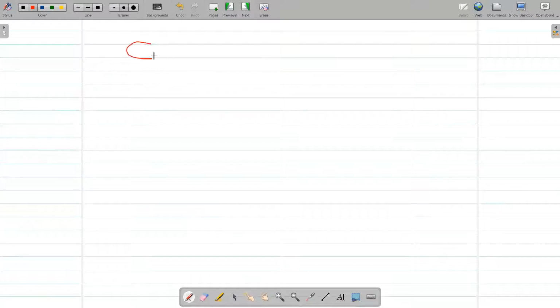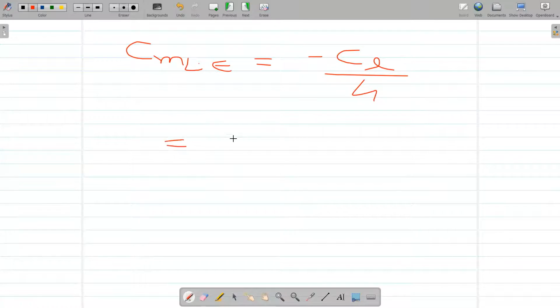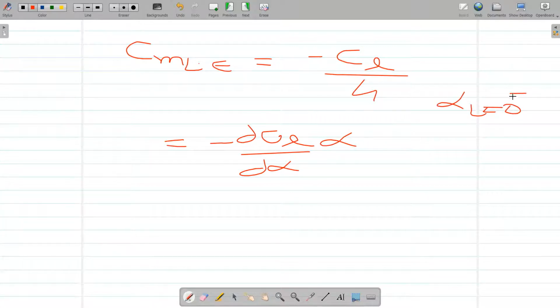From thin airfoil theory, we know that the moment about the leading edge is basically given by minus CL by 4. So minus CL by 4 gives you the value of the moment coefficient at the leading edge. So these are direct, simple formulas from thin airfoil theory. So let's use this first. CL in this case will be nothing but dCL by d alpha times alpha, and alpha L equal to 0 for a symmetric airfoil, and that CL value is divided